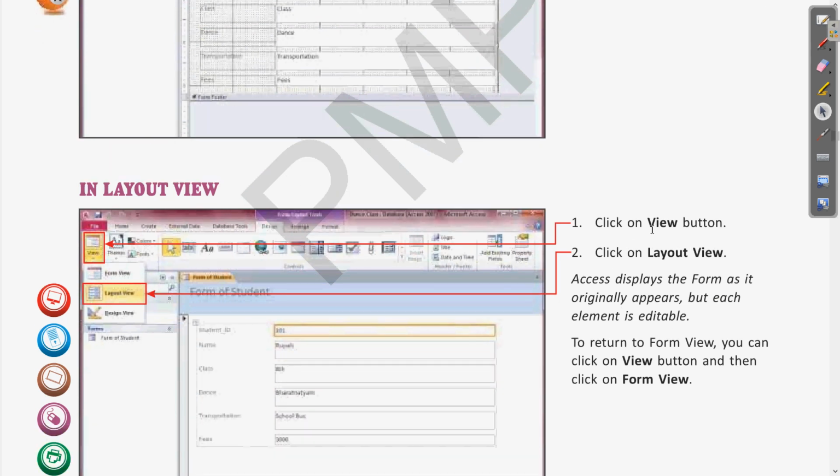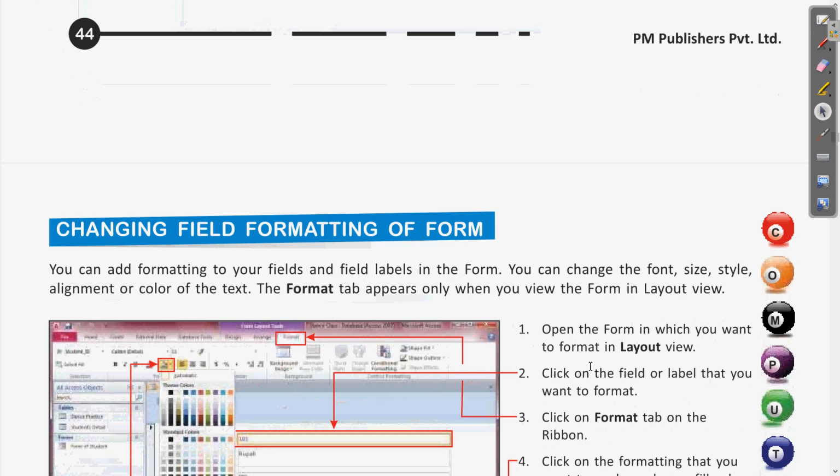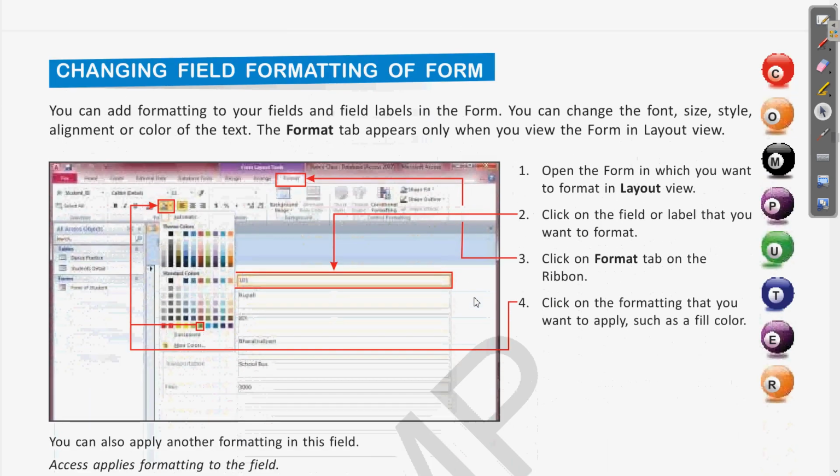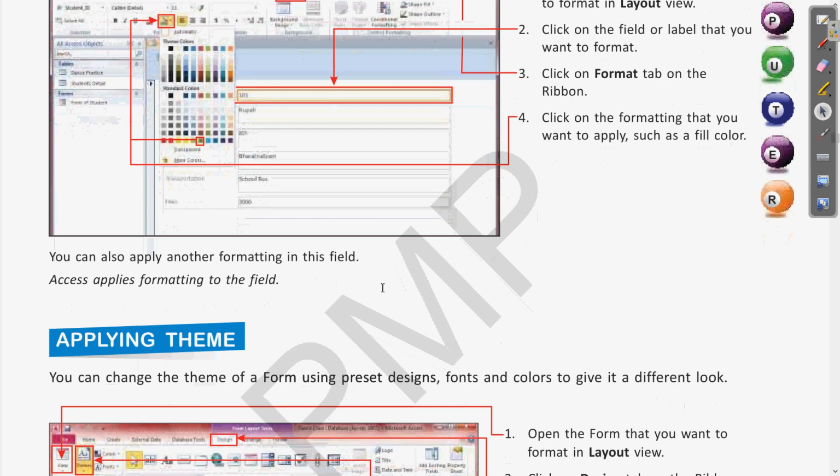Here you can also see: click on the View button, then click on the Layout button. This will switch from design view to layout view. Clear? After that we have seen how to format these different fields. For formatting we have a Format tab, and when we select any of these fields or values, whatever color or font we want, we can choose accordingly. Clear?